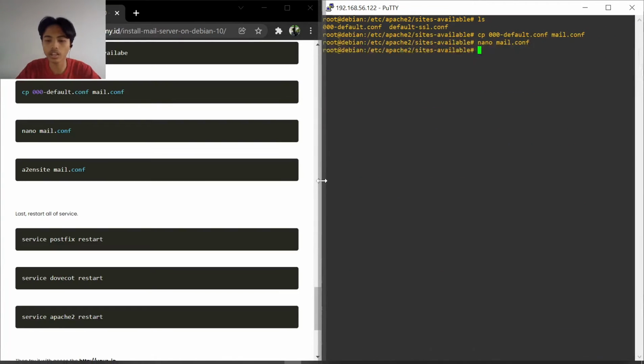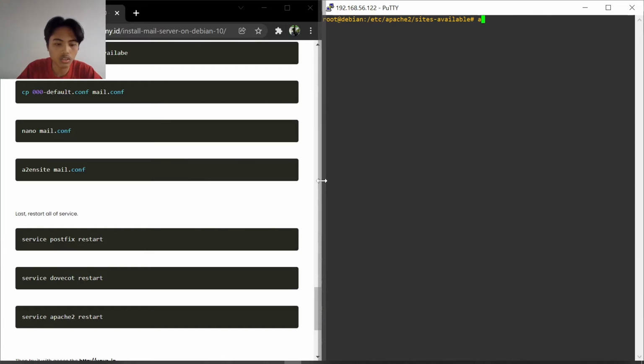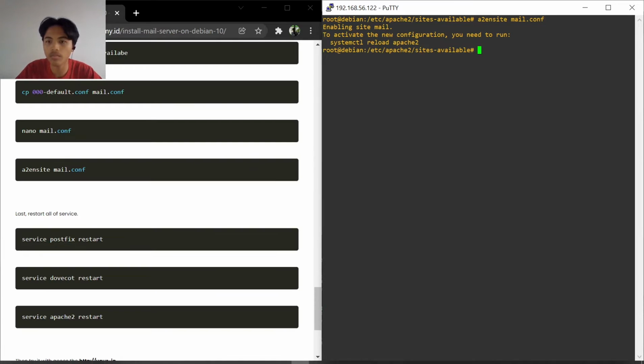Ctrl X, Y, and enter to save the configuration and clear. And so you activate your configuration with the command a2ensite mail.conf. We copy here, and here we paste with right click and enter.